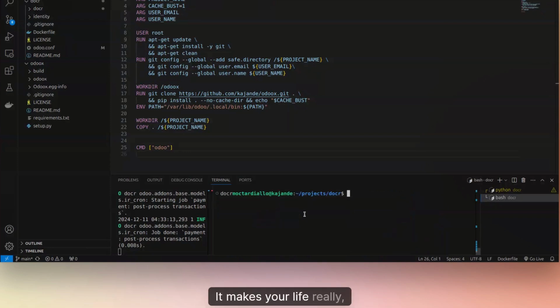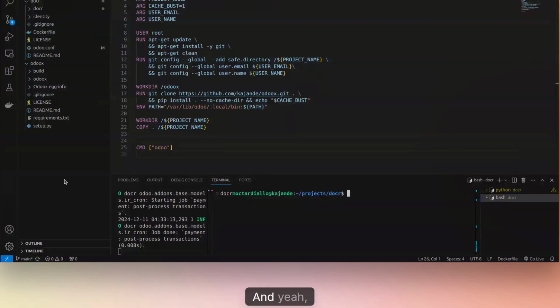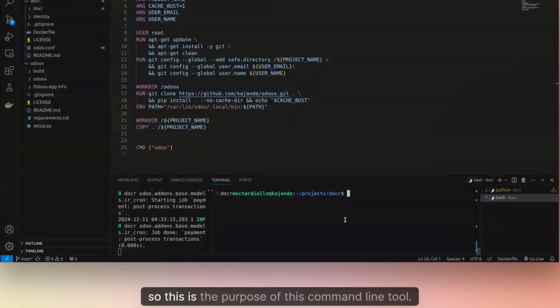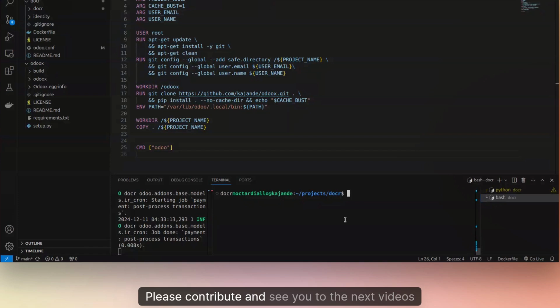It makes your life really easy, and it helps you build the modules very quickly and iterate. So this is the purpose of this command line tool. Please contribute, and see you in the next videos for more details on those commands and